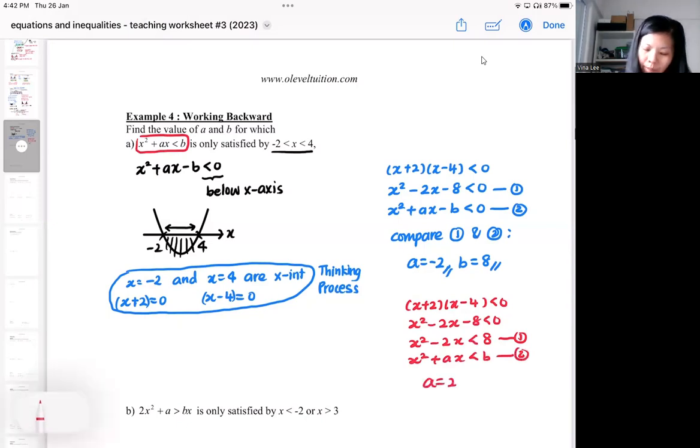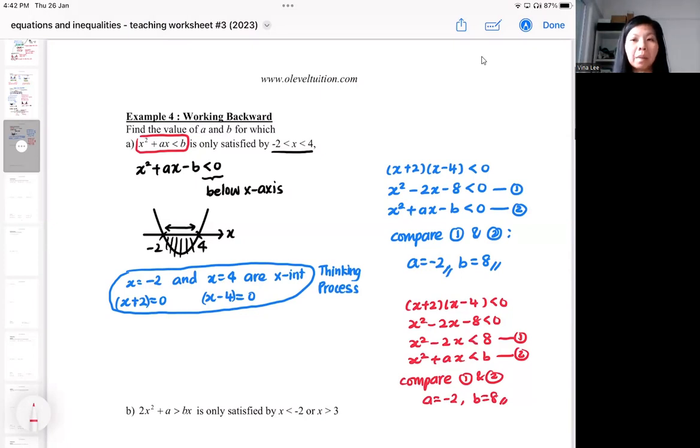They still get the same set of answers. It doesn't change your answer, so it depends on which one you want to compare with. So that is the idea: you've got to work backwards with the x-intercept in mind. If you don't have the x-intercept in mind, you wouldn't be able to get the brackets and your function cannot